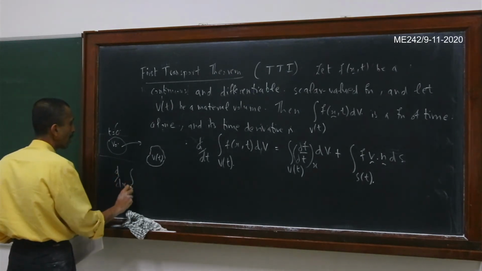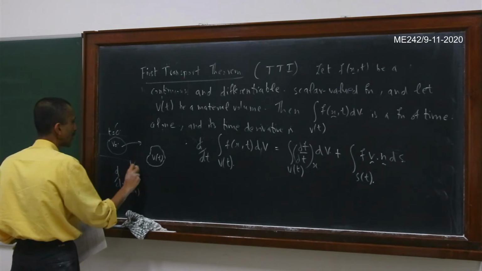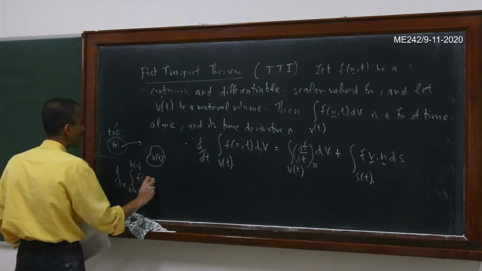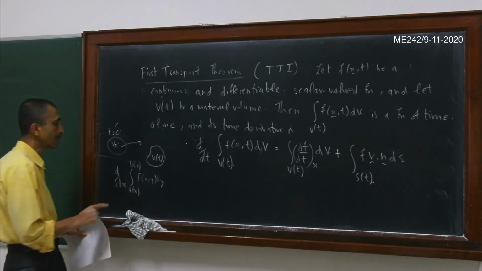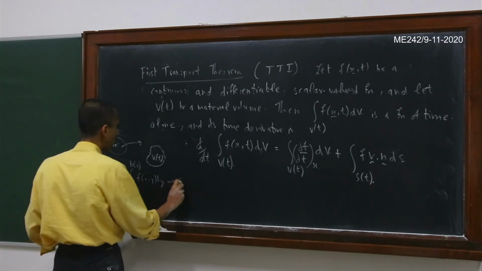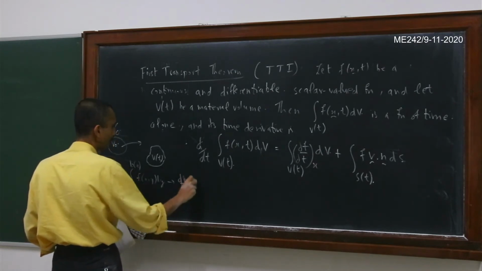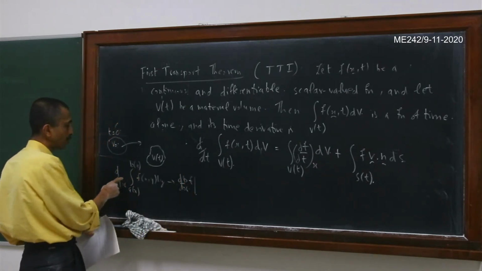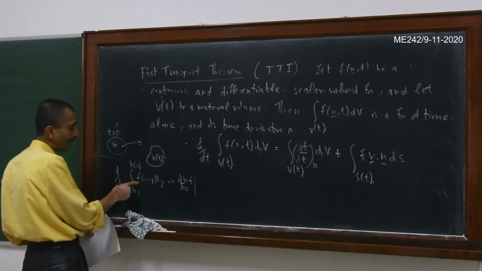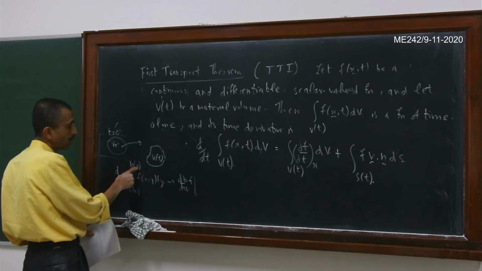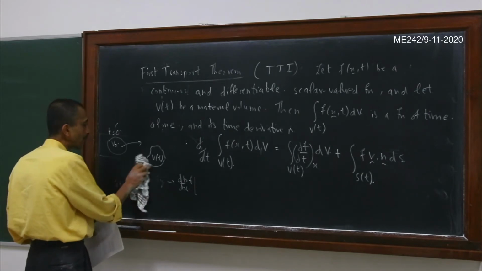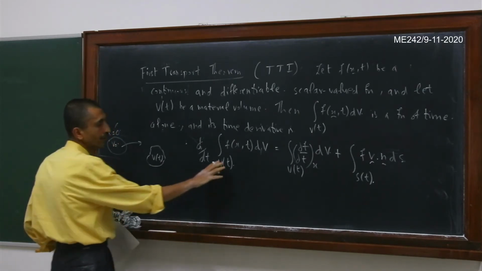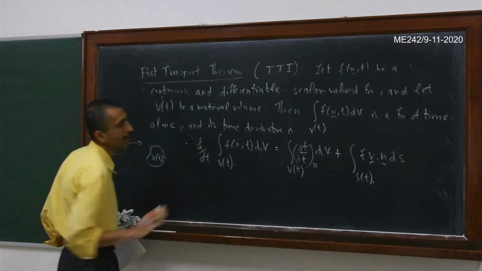So if you recall, you have a of x, b of x, right? And then some f of x comma y dy, something like that, right? So suppose you had an integral of this particular kind, then this will have a contribution of db by dx, right, times f evaluated at something. So there is one contribution due to del f by del x in this, and then there is also a contribution due to db by dx and da by dx in this Leibniz rule. So in the same way, because this is V of t, you cannot simply take this d by dt inside the integral.